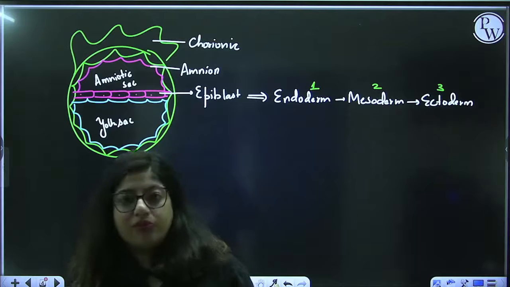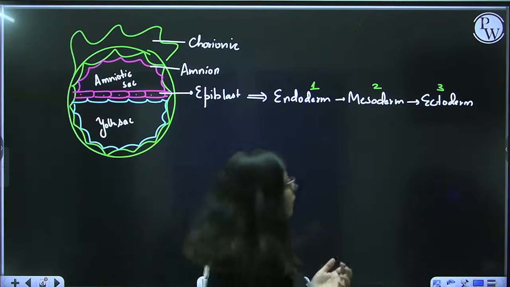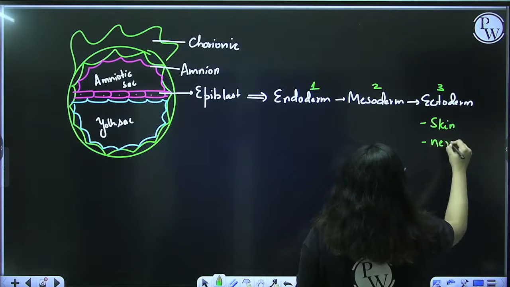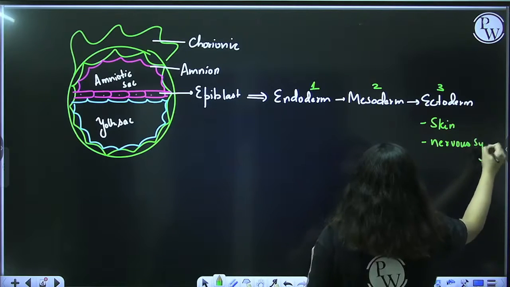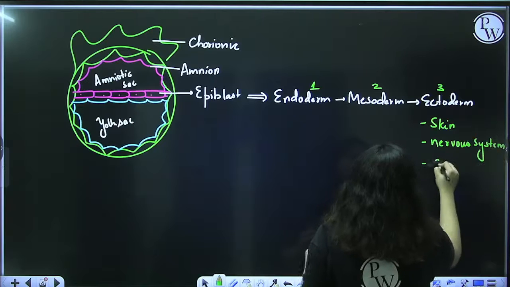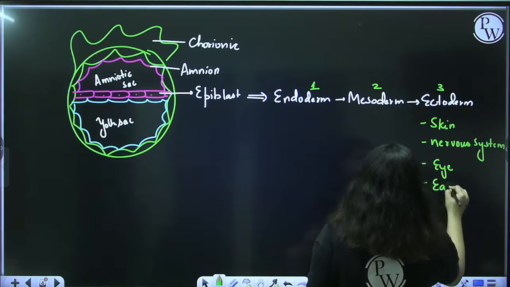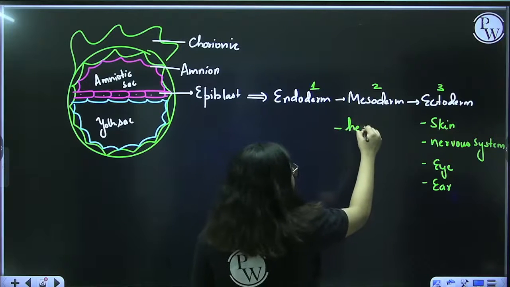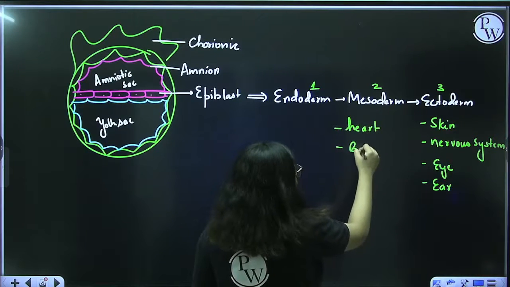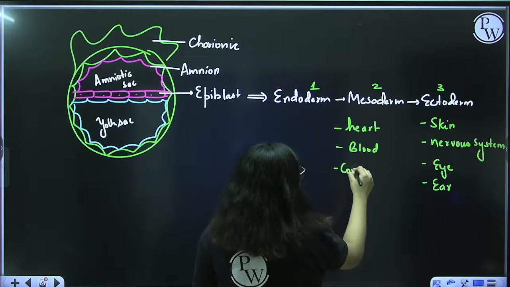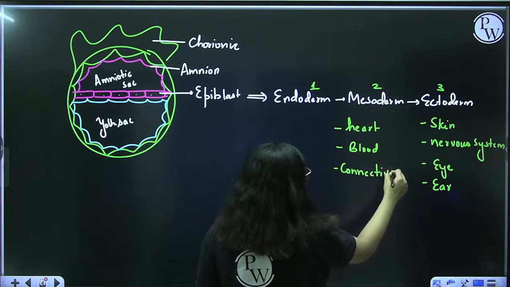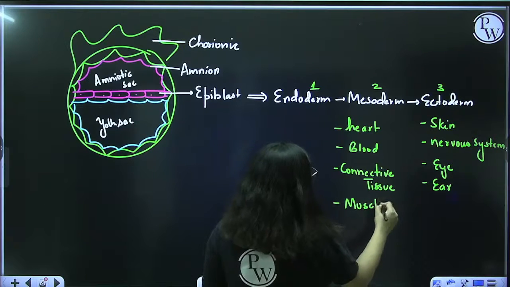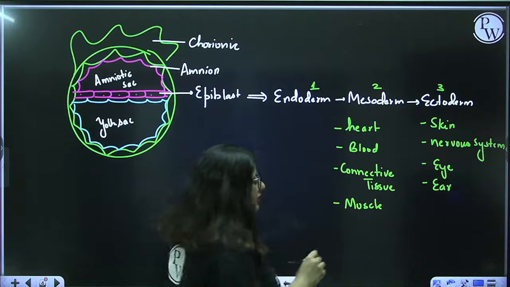Like ectoderm will form your entire nervous system, ectoderm will form your skin, right? It will form your eye, ear and everything. On the other hand, if I talk about mesoderm, it will form all your circulatory system like heart, like your blood, like your connective tissue, like your muscles. All these will be formed from mesoderm,